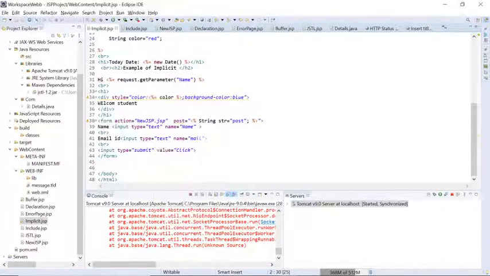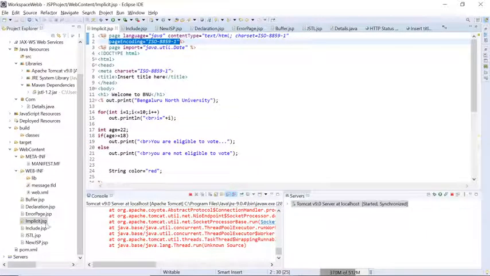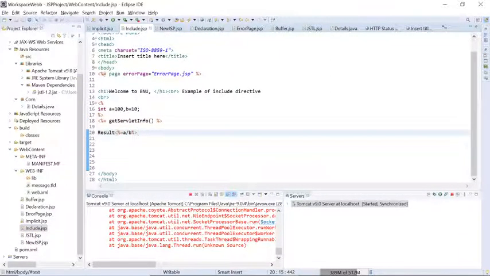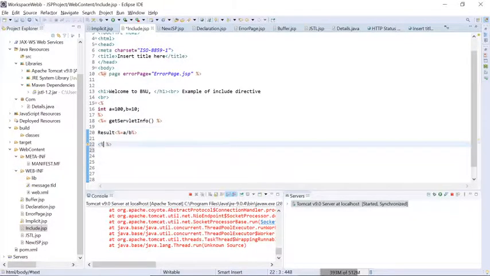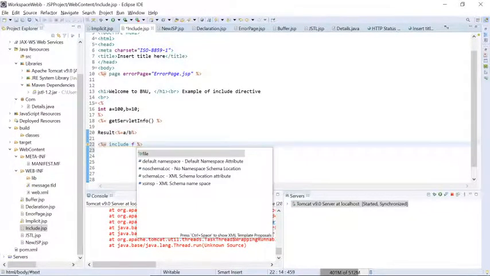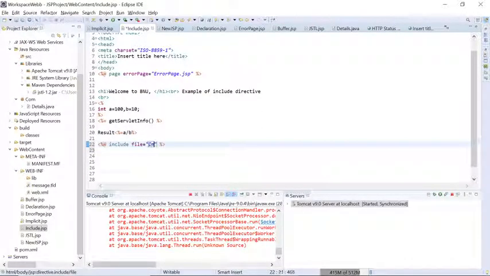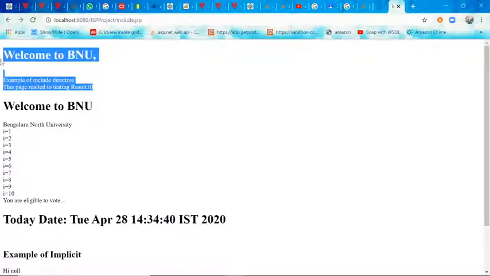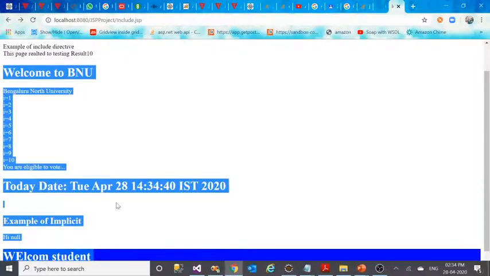But it is not required, we can reuse this page. How can we reuse it? With the include tag. You can check out, at any place I can add it, at the end. I add it as include file is equal to implicit.jsp, right? We are just including this in the include page. You can check out, the full functionality of implicit is coming at the end. From here this is our last page of this include, and from this the implicit functionality is there, right?